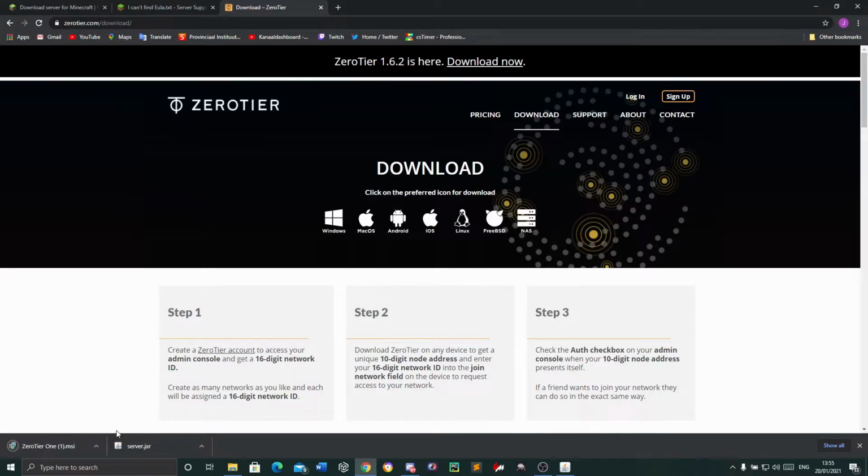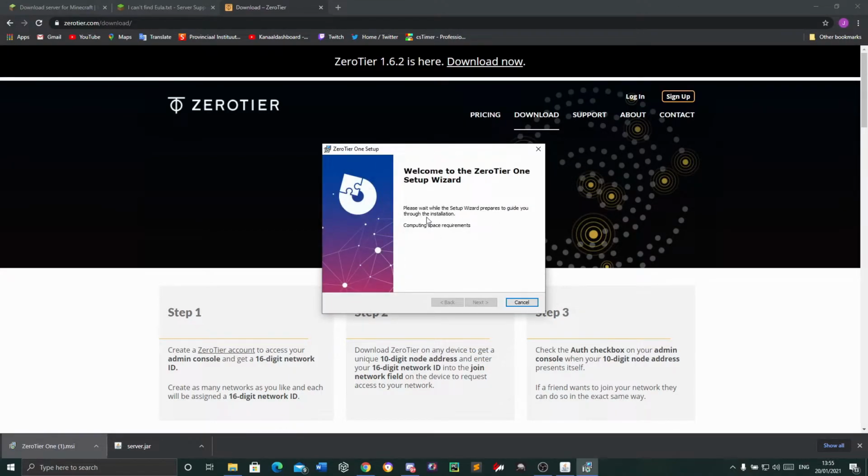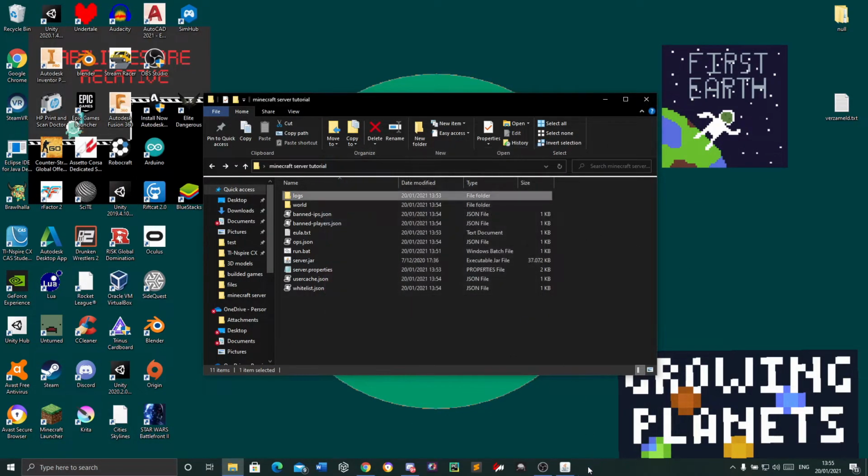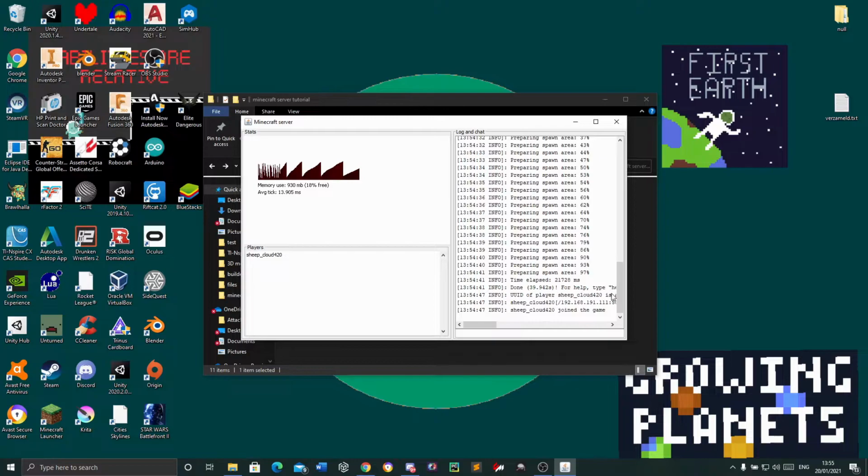And you can just install it by double-clicking on it. And then it will just start the installer for you. So it will normally start it here. I already have this installed, but you just need to go through the setup wizard, but I'm going to cancel it. So yes, I want to cancel. You need to finish everything, make sure that it's all done, and normally this server should be started up. My friends are trying to join, so